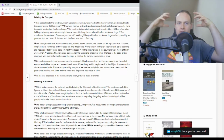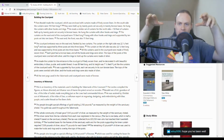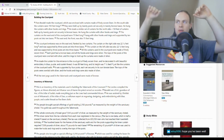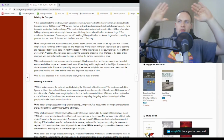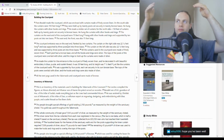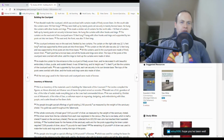I'm getting a sort of picture in my head of, you would have had the main structure of the tabernacle, courtyard, and then, where it kind of came together on the one side, the entrance, might have been an opening initially, but then there were these two curtains that came together, kind of just draped, I guess is the term, kind of just draped down over that entrance where people would maybe push those apart to enter. And then